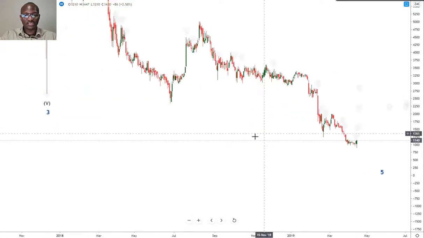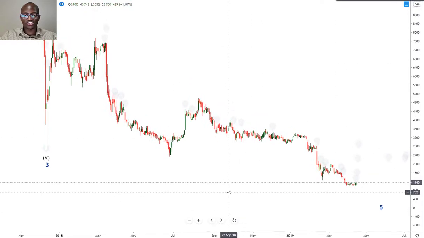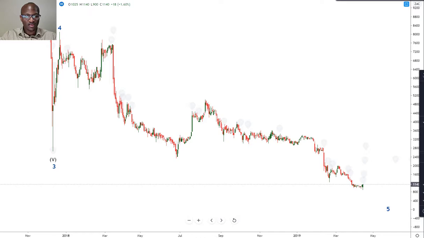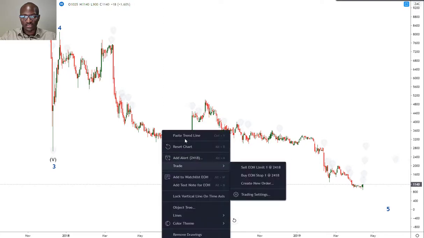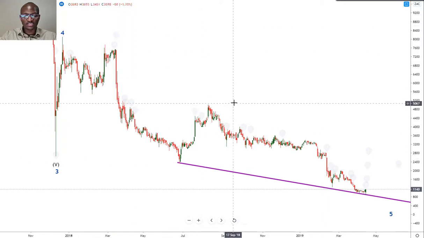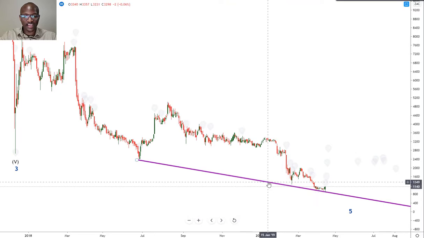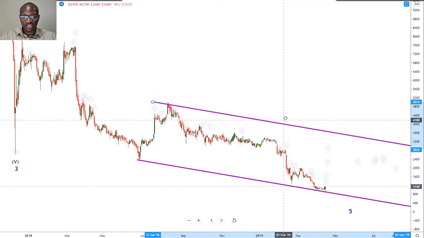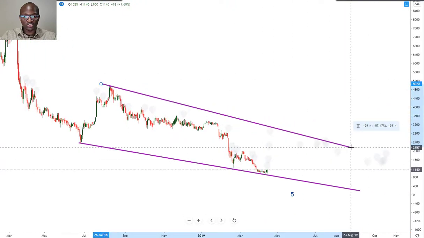So what we see here now is this is starting to take the shape of an ending diagonal. Now, an ending diagonal is, in other technical terms, a falling wedge. Because we can see we're not impulsing here, the only other pattern we can form at this juncture of the market is an ending diagonal. And we can actually start to label this ending diagonal in anticipation of what's still to come.